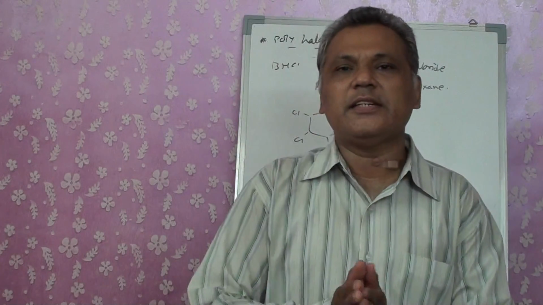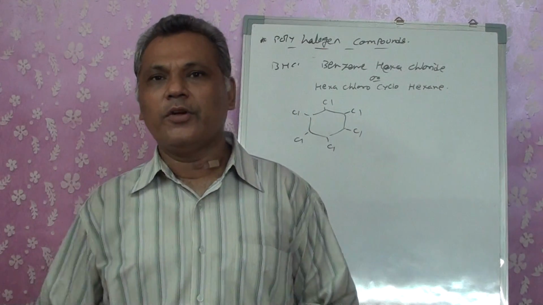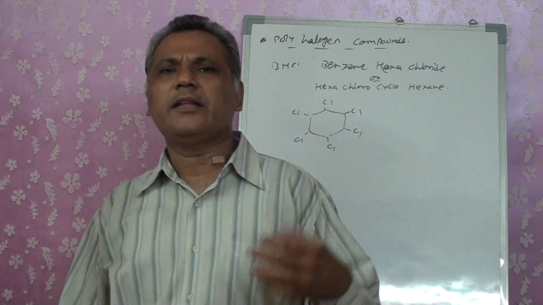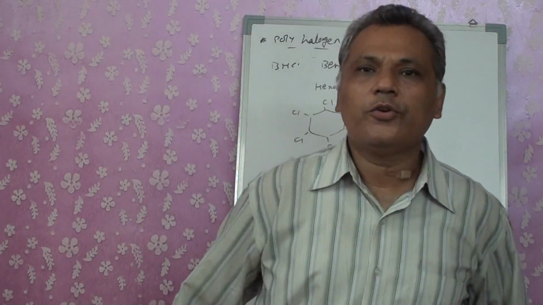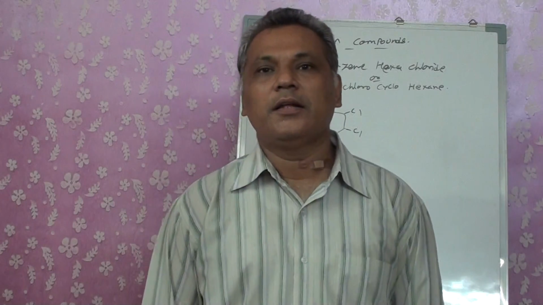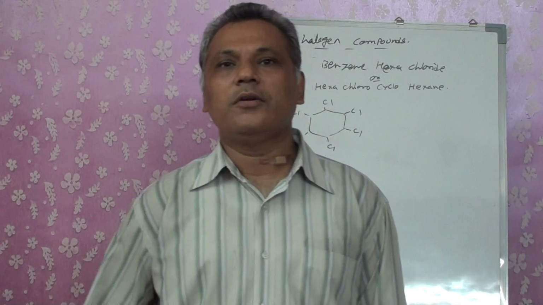So like that you can read all these things in your textbook. They are given in the polyhalide compounds as a paragraph. You can go through them, underline them, learn them, and the uses and harmful effects are there to be studied, right? So that's all we have for chapter number 10, alkyl and aryl halides. In our next lecture we will be studying the next chapter of organic compounds, alcohols, phenols and ethers. Till then, thank you.